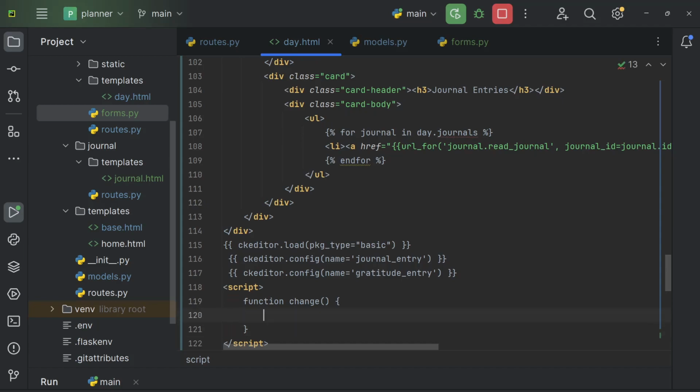All right, and then var journal type is equal to document dot get element by ID,